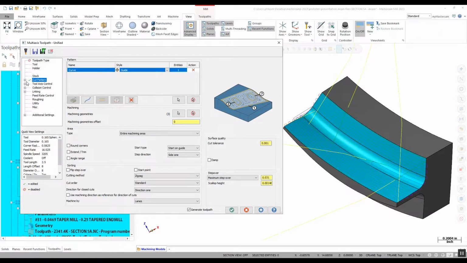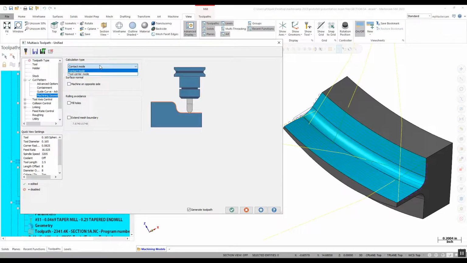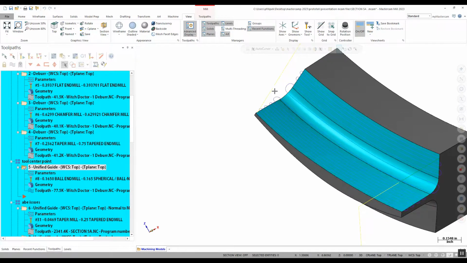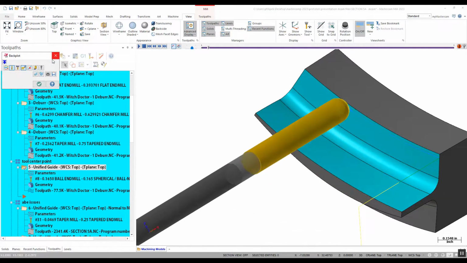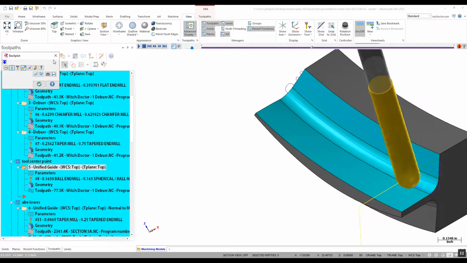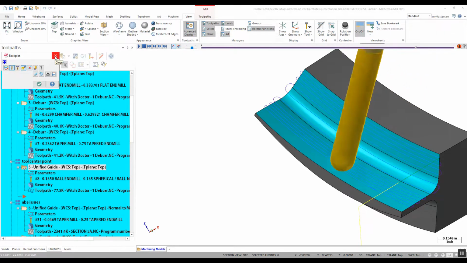So in 2023, if we expand out from cut pattern and go to machining geometry advanced parameters, there is a calculation type of contact mode or tool center mode. If I go to tool center mode on the same tool path and generate this, I now have a nice clean motion along them edges. So it didn't cancel out my cut midway through. It forced it all the way through there, giving me a nice calculation. So now I have a lot better motion here, and I'm going to get a full cut along there depending on where it is. So tool contact or tool center mode will be a helper for you